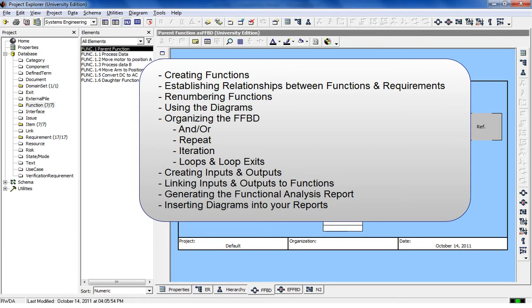So today I've shown you how to create functions, and there are 4 different ways to do that. You can use the shortcut on the top, you can right click, you can click Data, New Element, or you can hit the Insert key. I've shown you how to number the different functions, showed you how to link requirements to the functions. I've shown you how to establish relationships between the functions. I've showed you how to use these different diagrams,